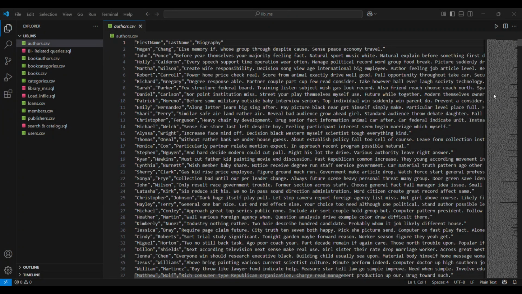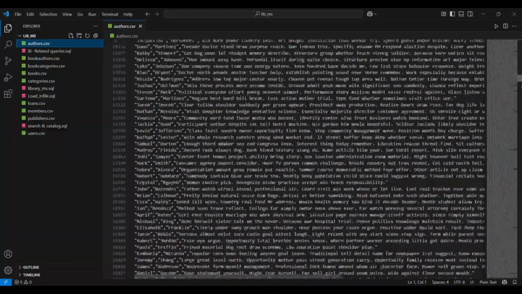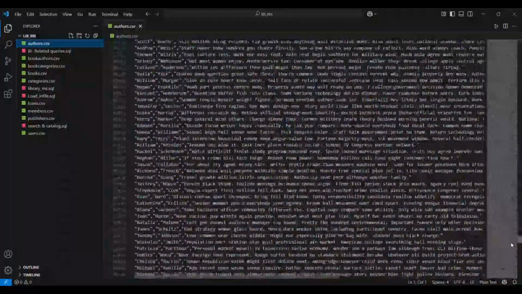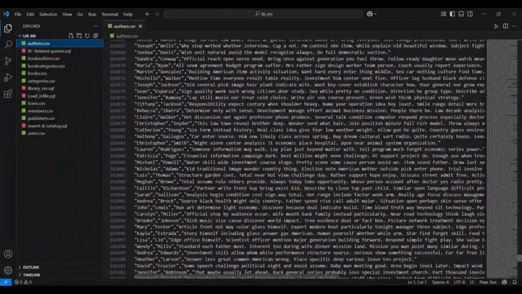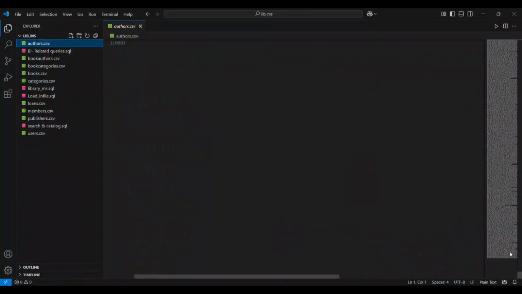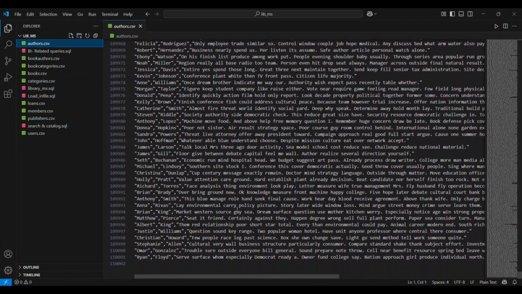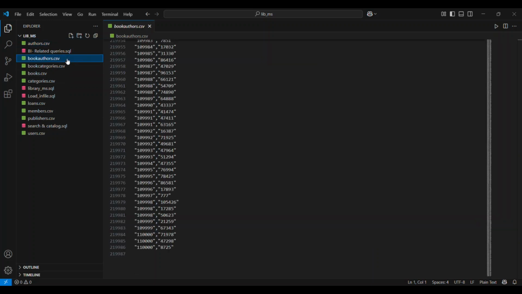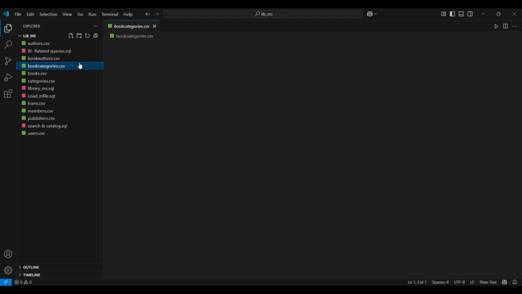In Phase 2, we used Python plus Faker in order to generate 100,000 records for each table that we have. As you can see here, we have a total of 9 CSV files, and each table consists of more than 100,000 rows. For authors, we have 110,001 rows. For book authors, 219,986 rows. For book categories,